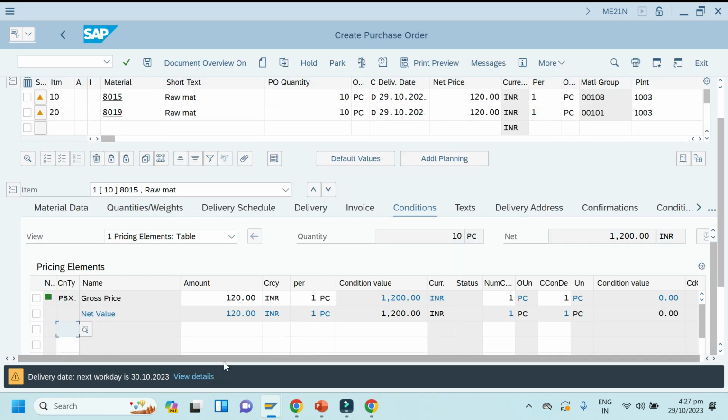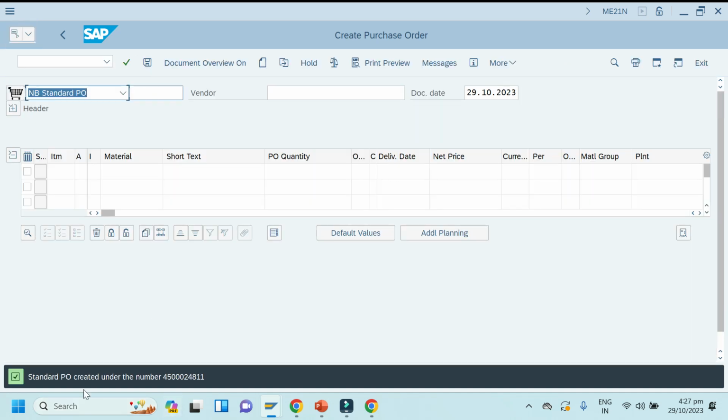Okay, so we have two items now. So save this. Let me change this delivery date. Okay, this is okay only. So save this PO. Okay, so PO is created now.